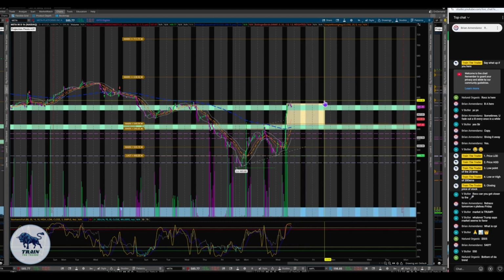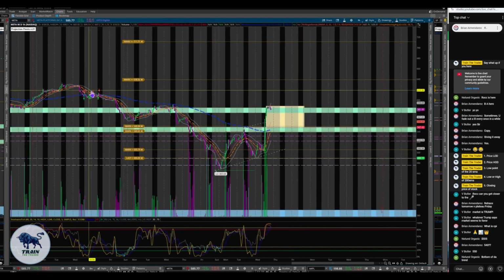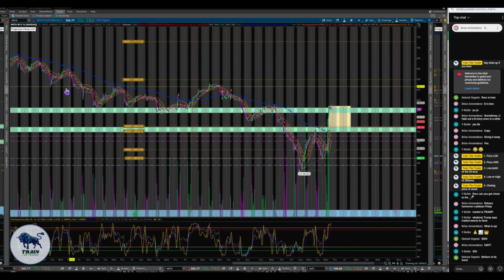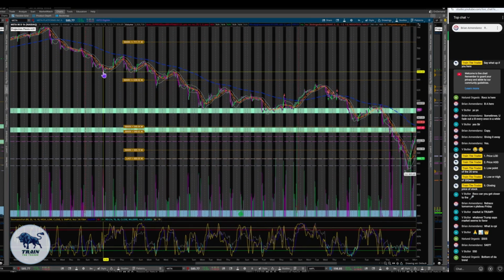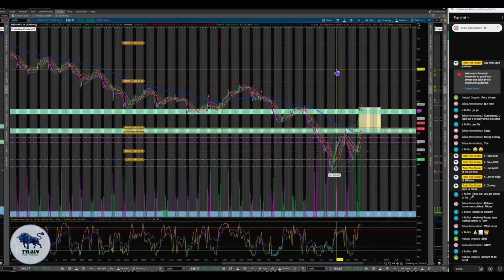That's only because we got the relief from the news today. Why I think, and look, this beautiful W pattern forming right here. This is actually a very bullish double bottom. But we still have 630 to go test, then we have to go to, was it 650, 660? So here's where I think that we could see some other rejections. If we're talking Meta, now if we're talking SPY,